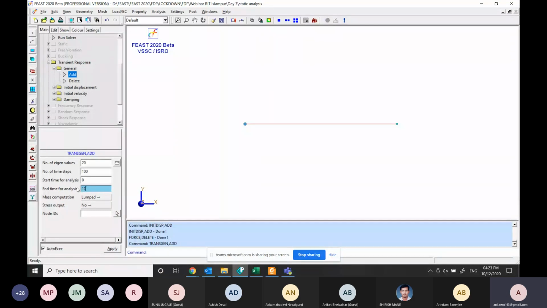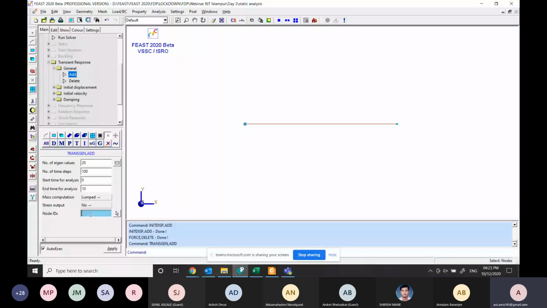Once you get the output, you will find that it has come to steady state or no. Within 10 seconds, if it comes to steady state, then okay, our analysis is okay. If it doesn't come to steady state in 10 seconds, you have to increase the time. So our end time of analysis is 10 seconds.